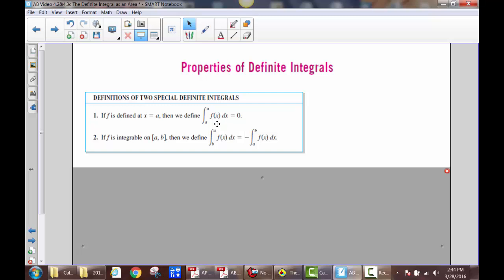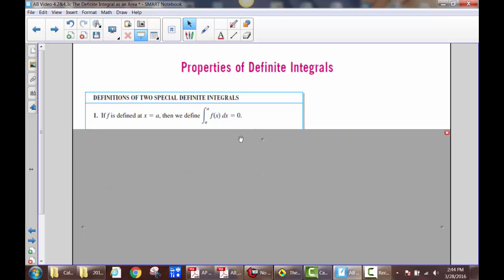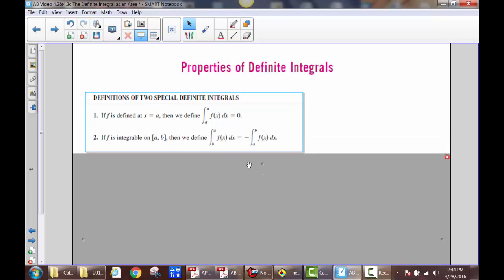Area-wise, you have a region bordered on the left by x equals a and bordered on the right by x equals a. Well, that's no region at all, is it? So that's why the area is 0. The next one, very important one, if f is integrable on the interval from a to b, then we define